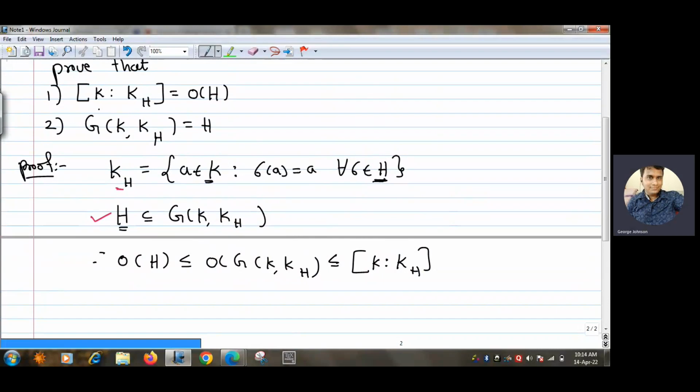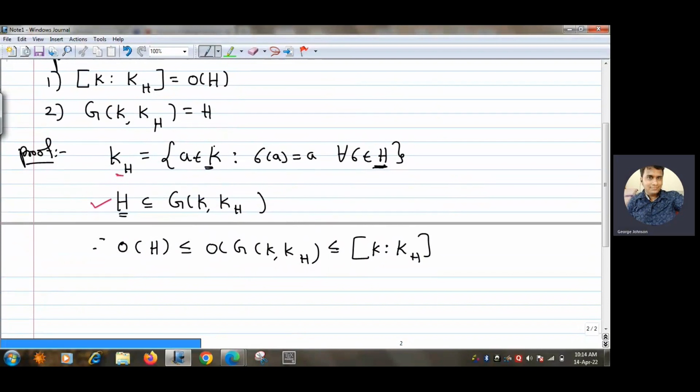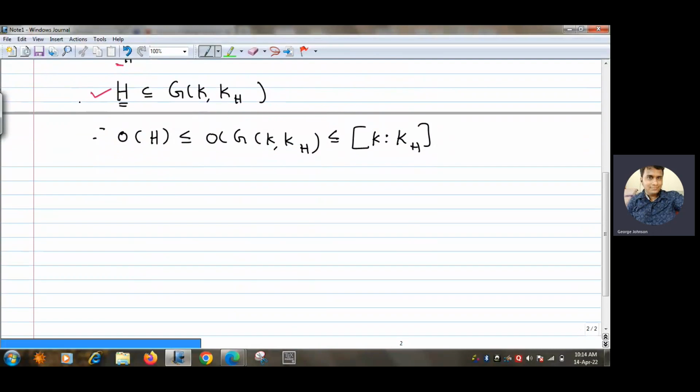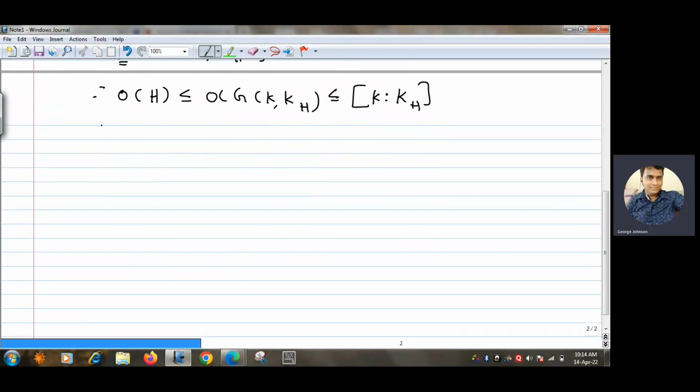Okay. So you can see that partially we have proved both these results. We have proved that the dimension of K over KH is larger than or equal to the order of H. Now we have to prove that the order of H is larger than or equal to the dimension of K over KH. So one side of this equality we have already proved, and also we proved that H is a subgroup of GKKH. Now we have to prove that GKKH is a subgroup of H. So partially both these results have been done, and now we have to prove the other side. For that, we know that